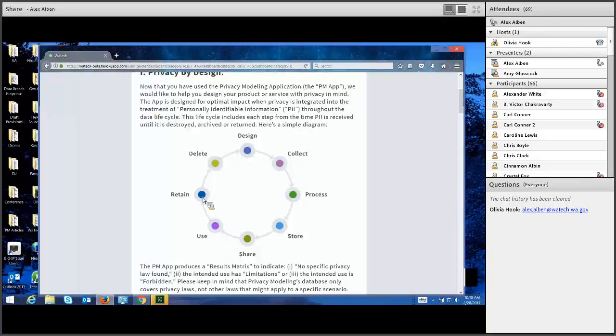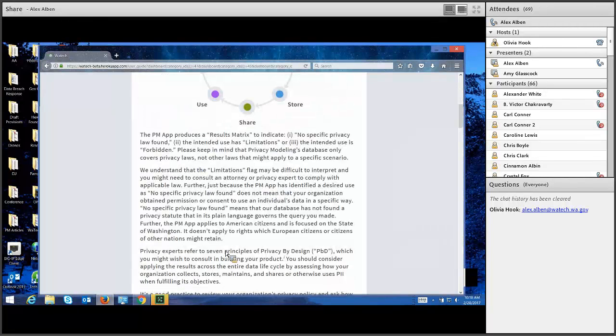Very importantly, how long are we going to retain it? And then deletion. If you design a product and stop here, you're going to run into situations where you have collected vast amounts of PII, kept it in some product or database, and have all of these legacy problems to deal with at the end of the product life cycle. So how do you address these things up front? You have to have a plan.